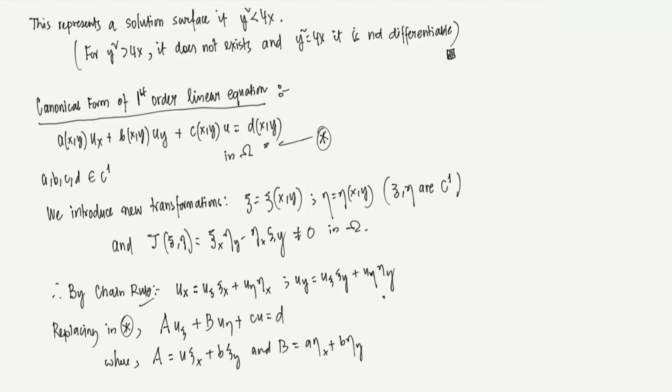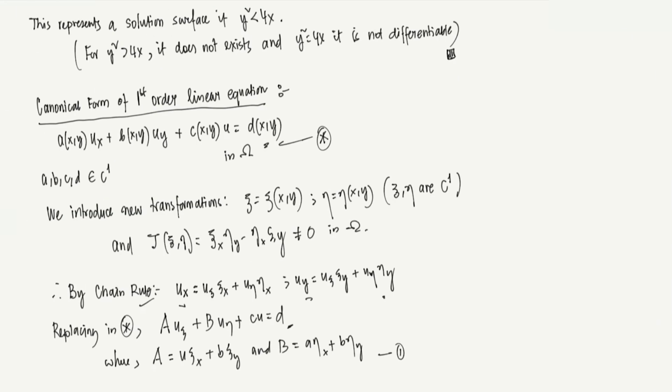Now you see, essentially we don't know what xi and eta are. The equation is given to us. What we are trying to do is find xi and eta which are continuously differentiable so that the Jacobian is non-zero. If that is happening, u x and u y can be written like this. If you put it in the equation, the modified equation in terms of xi and eta looks like this, where A and B are these. Let's call this 1. Now from 1,